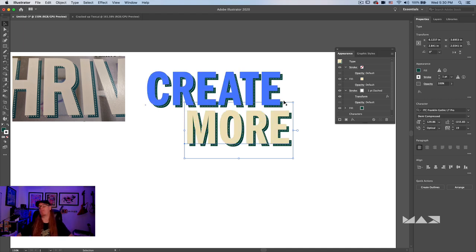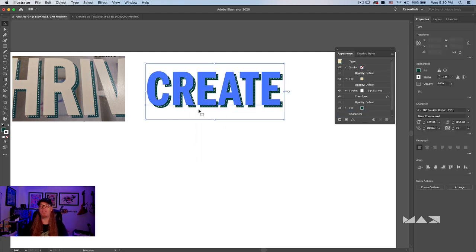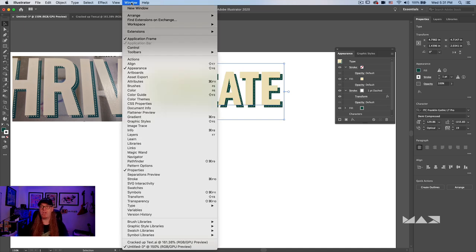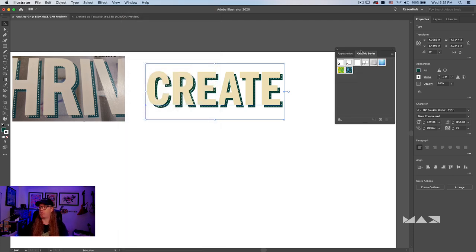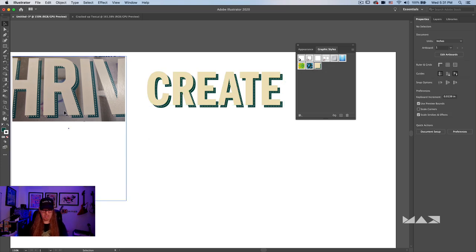But what if you have to work on something and you want to share it with other people, or you know you're going to have to do a lot of these in the future? You probably don't want to have to keep opening the same file again and again. Well, one thing that you can do with Illustrator is once you've created an appearance for your type, and this has transform controls and effects and everything on it, we can simply come from Window in the top menu down to Graphic Styles. And when this panel shows up, there's a little plus button over here on the lower right. And when you click on that, that actually is going to allow you to add a graphic style to the panel.